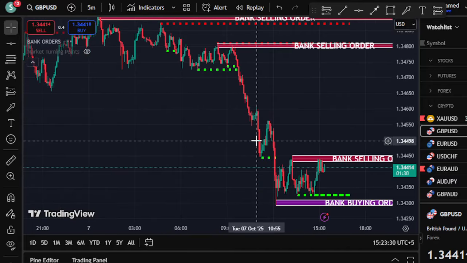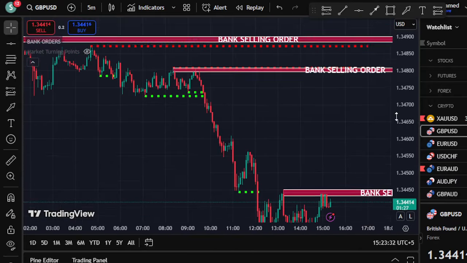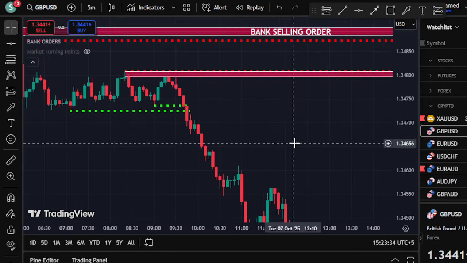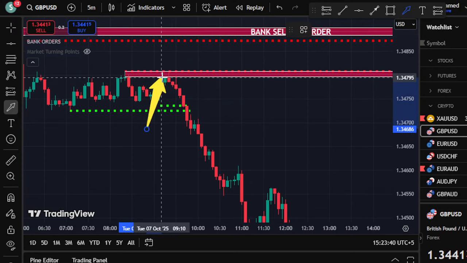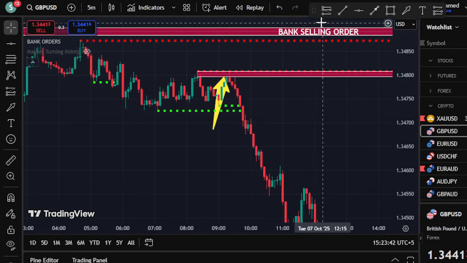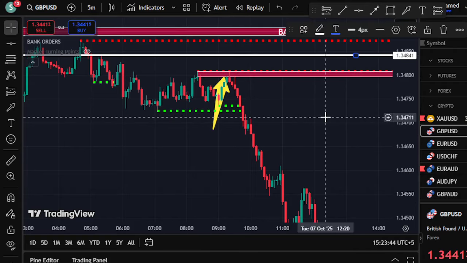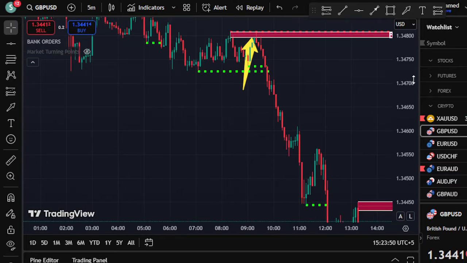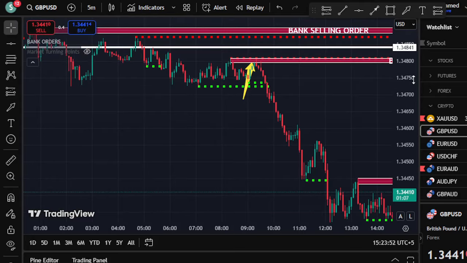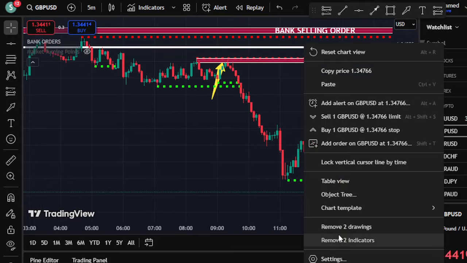Okay, so how do we basically use this indicator? The method is very simple. We work on the retest of the Bank Indicator. For example, this level was created and the market came to retest that level. So your stop loss will remain above that level like this, and you will immediately enter into the sell position based on this. And then you have seen that the Great Britain Pound USD 5 minute has followed the down pattern with no issues.